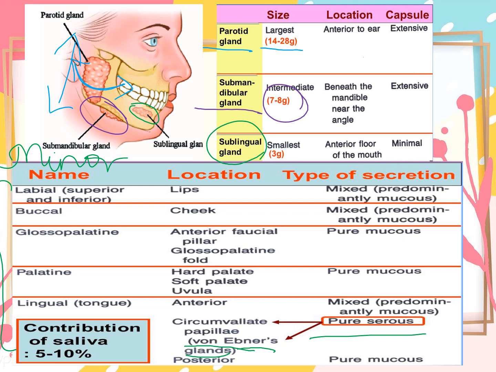They have a significant role in the digestive and the protective functions of the oral cavity. And as I already mentioned, the serous saliva has enzymatic activity and antimicrobial activity. Likewise, the serous saliva produced by the von Ebner's gland has enzymes like lingual lipase, which has an acidic pH optimum so that it is capable of hydrolyzing triglycerides in the stomach. The fatty acid produced by the lingual lipase helps to emulsify the remaining fat and increases the efficiency of pancreatic lipase in the intestines. In newborns, when fat intake is high and levels of pancreatic lipase are low, lingual lipase plays a very important role in lipid digestion.